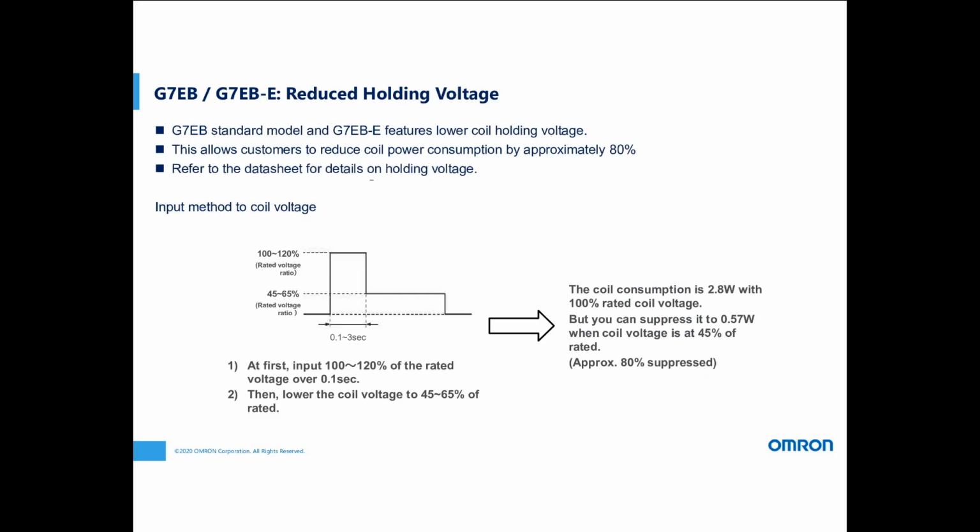So we briefly talked about it for the G9KA, but on this slide, we're really highlighting the reduced holding voltage for the G7EB series. And for all these high power relays that I'm discussing, we'll see a holding voltage rating available. This is to reduce the power consumption by these high power relays that have larger coils for that high power requirement. So this is a great benefit, not only to reduce power consumption, but also to ensure that the relay is performing to the specification and you don't have any additional degradation of any components due to high